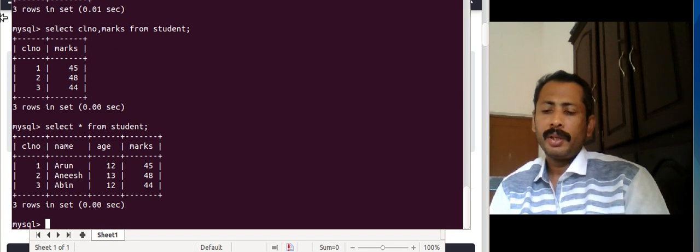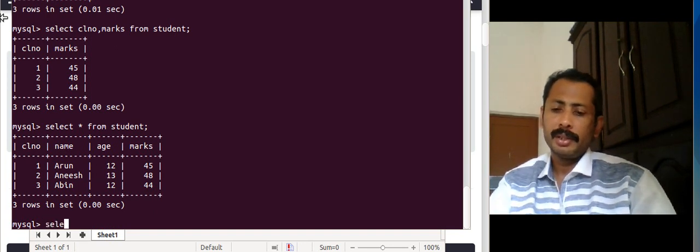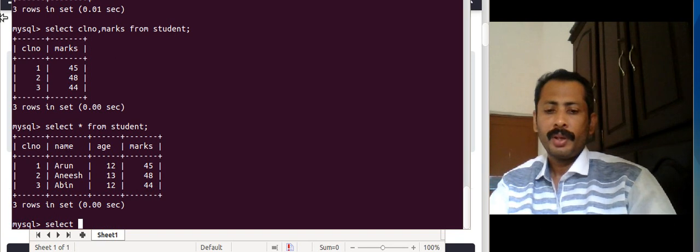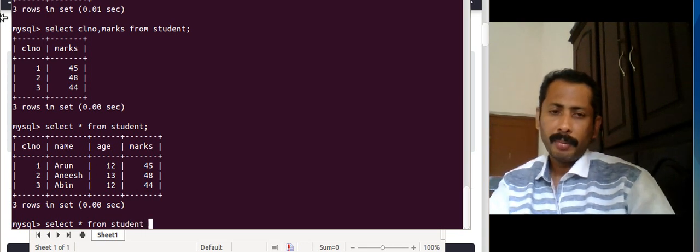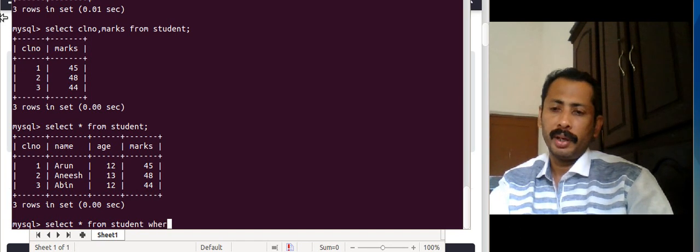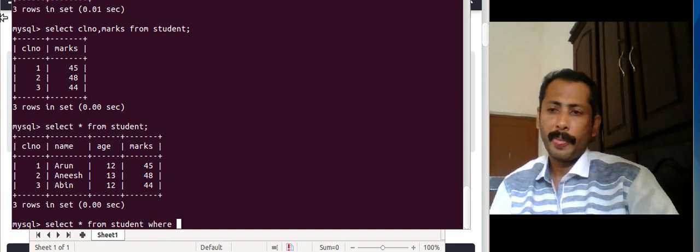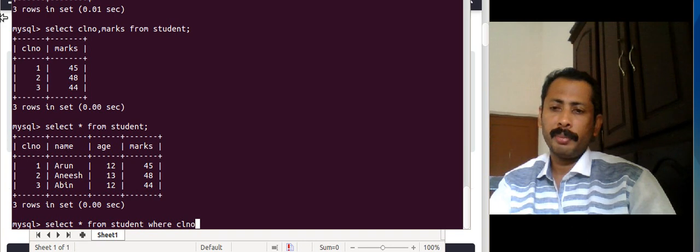Okay, now there is one more magic with select. I want to get all the fields from the table student, but I need the details of the student having class number 2 only. So there is a keyword called where: where class number equal to 2.